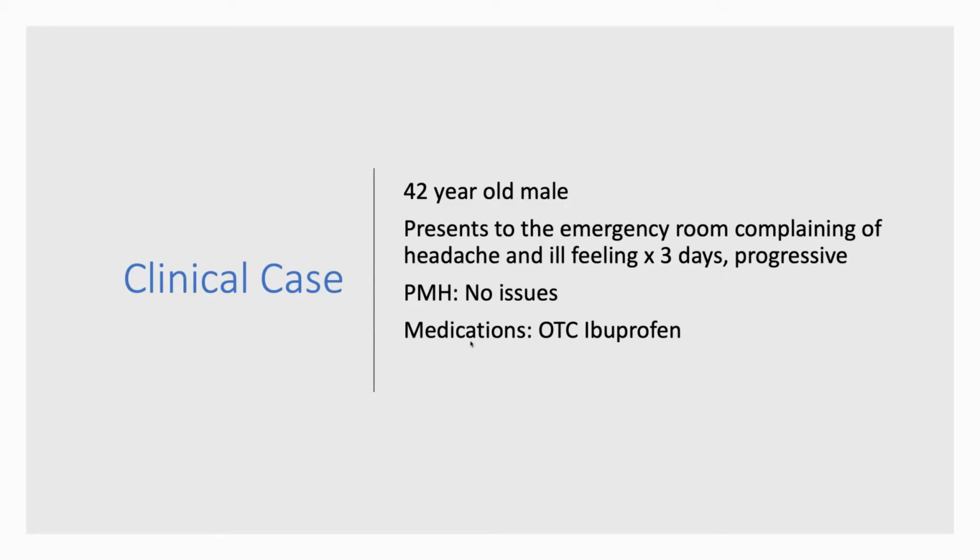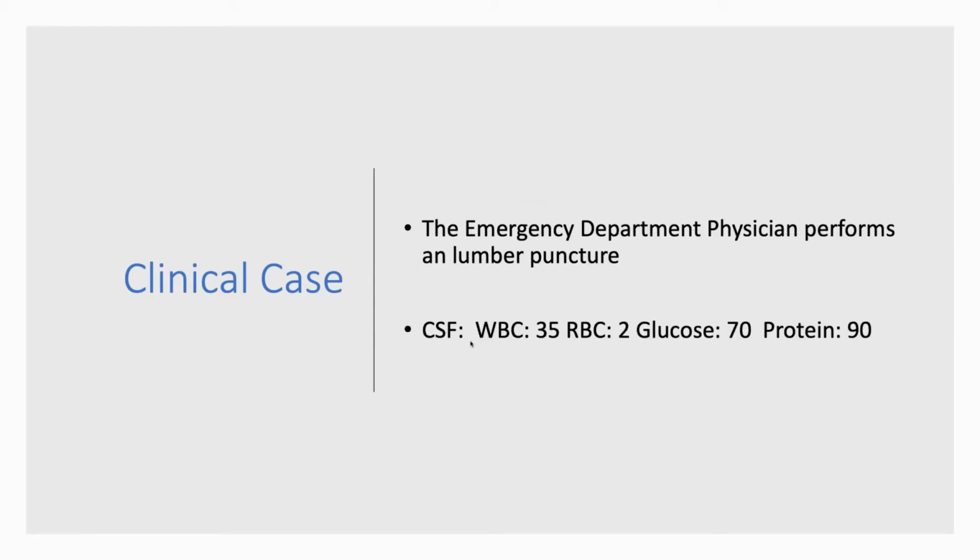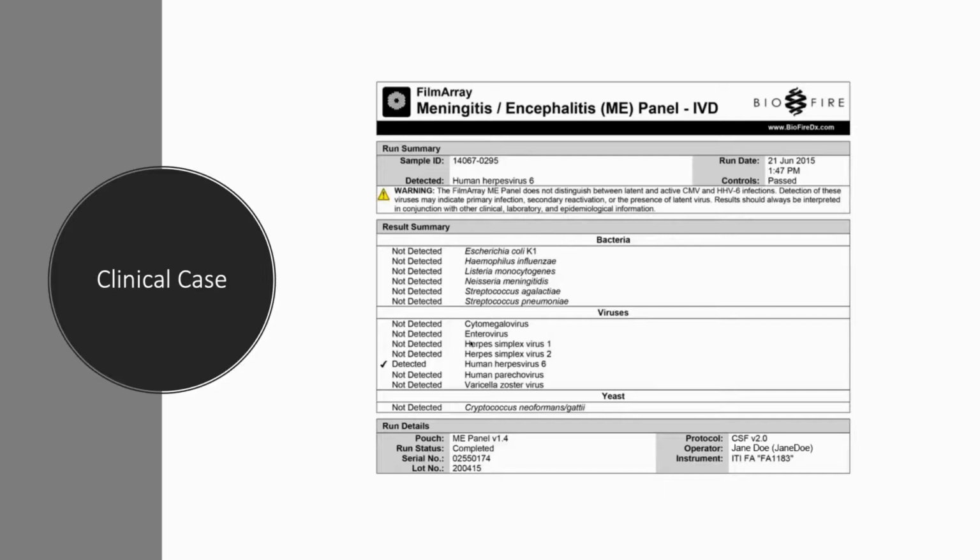Okay. What happened is the emergency room physician said, headache, slight fever, let's do a lumbar puncture. They did a lumbar puncture. Here you see what the CSF showed, and more importantly, the CSF fluid went right down to the lab, ran a BioFire, and it came back human herpes virus 6. Yep, human herpes virus 6. For those clinicians in the group, no, this person's not immunocompromised. There's no reason why this person should be at risk for HHV6.